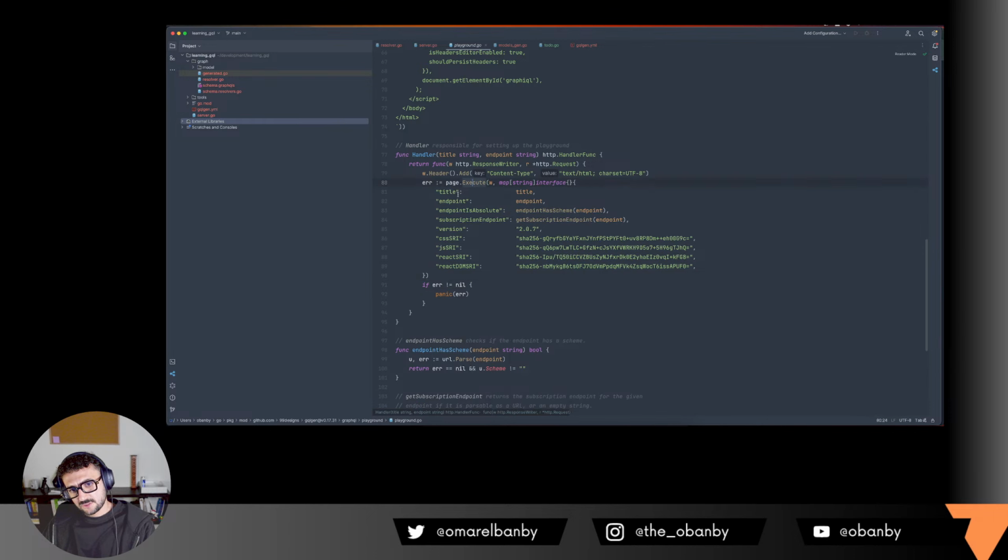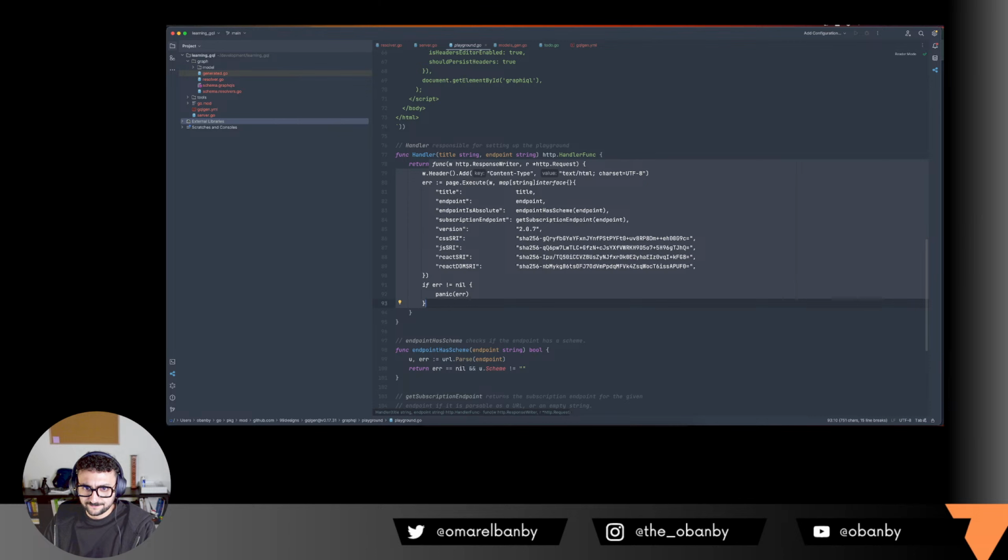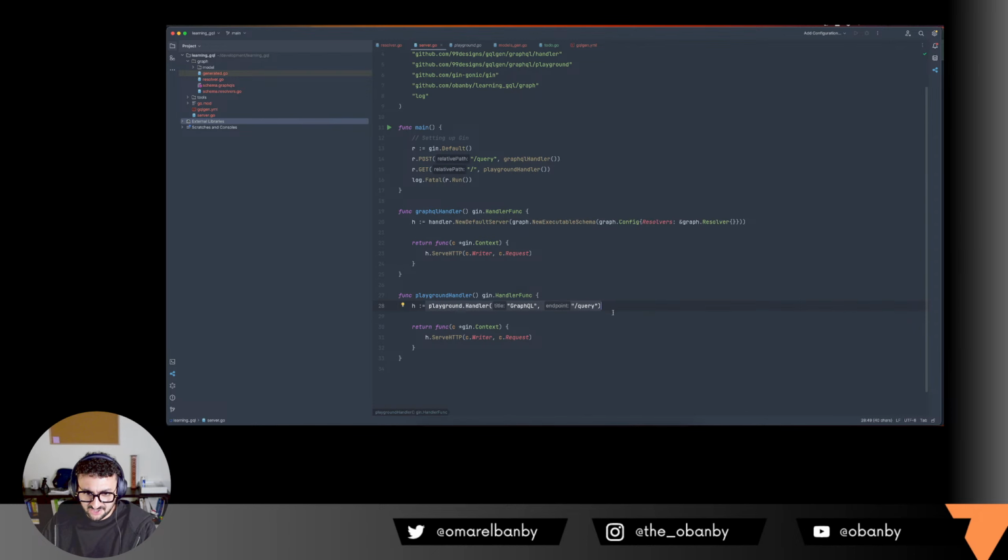So page execute. There is no error. If error is not null, it panics. Otherwise, it already has returned that function for you. And you've specified the title and the endpoint, which is GraphQL slash query, and boom, this just becomes your regular HTTP handler function. I mean, it also says the return type. I don't know why I made this look like rocket science, but anyways, it goes, and here like Gin would say,